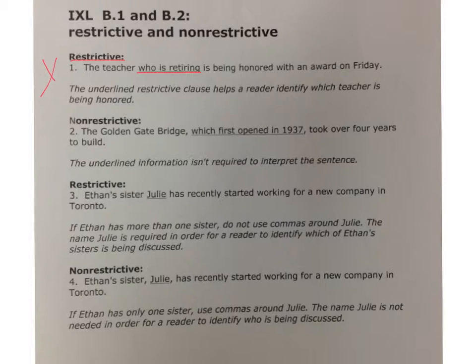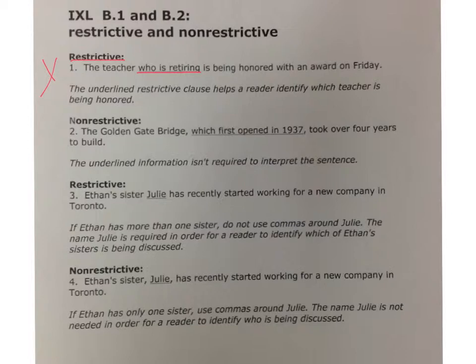Let's look at something that is a non-restrictive element or non-restrictive information. That is kind of supplemental. It's not necessary in order for the reader to identify who or what is being discussed. And non-restrictive information is always set off with commas. So on this one it says, the Golden Gate Bridge, comma, which first opened in 1937, took over 4 years